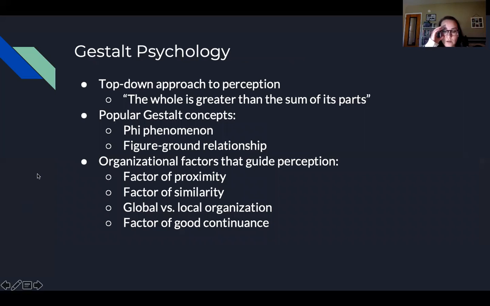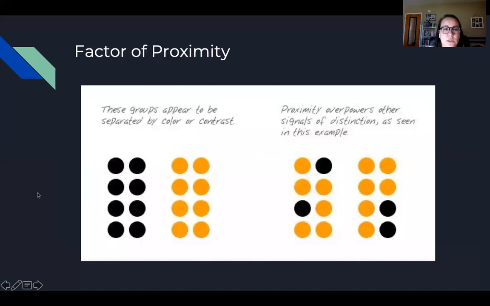And so Gestalt psychologists propose that there are certain organizational factors. So there are certain rules or laws that guide our perception. One such rule is called the factor of proximity. This is our brain's tendency to group items that are close together into a particular collection or a